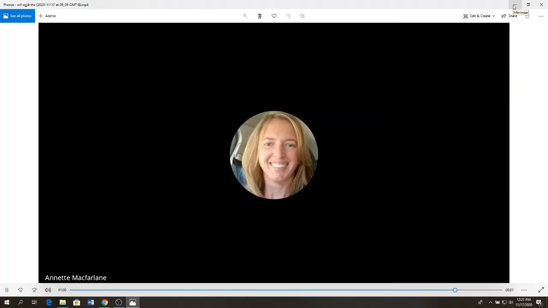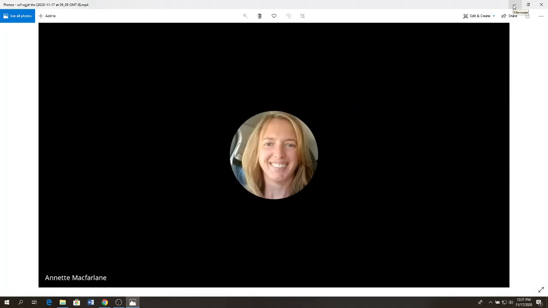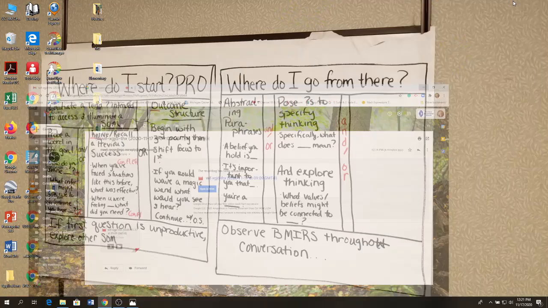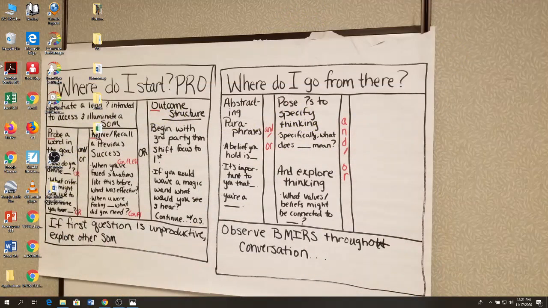However, to get to your IPEVO to show that document camera, you would have to show your entire screen or your entire window in the present mode. And so then you would actually want to make sure that you cut that piece off of your video. In order to do that,